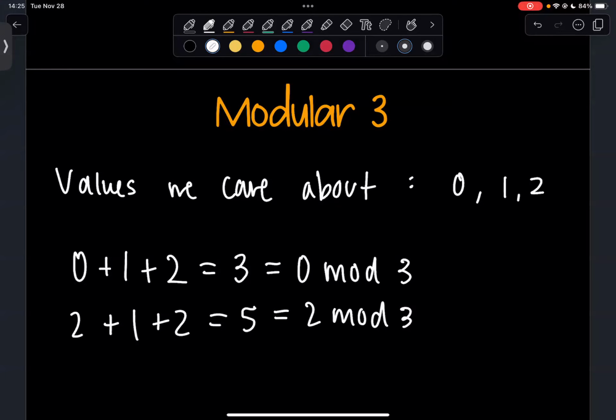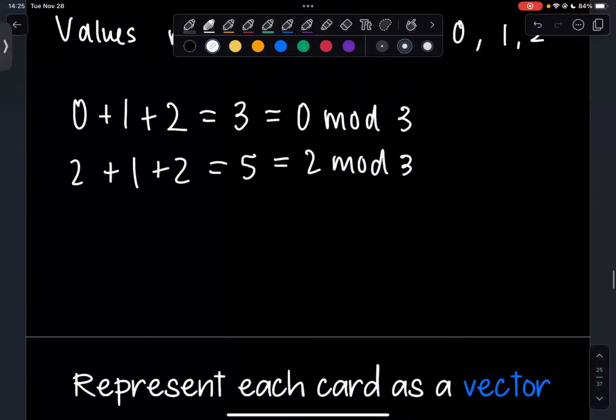And so we really want to feel comfortable just adding 0s, 1s, and 2s and deciding what we get back out, mod 3, because these are the values that we're going to give to the attributes within each characteristic that we have. This is really going to be the entries that show up in the vector that represents the cards that we're working with.